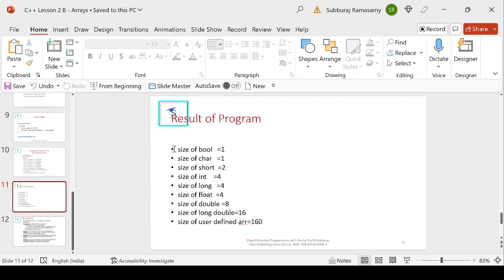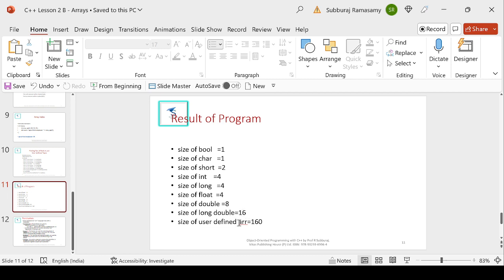The result of the program you must study well. The size of bool is only 1 byte. Size of char is also 1 byte. Short is 2 bytes, 16 bits. Int is 4 bytes, 32 bits. Long is 4 bytes, 32 bits. Float is also 4 bytes, 32 bits. Double is 8 bytes, 64 bits. Long double is double of that, 16 bytes, 128 bits.